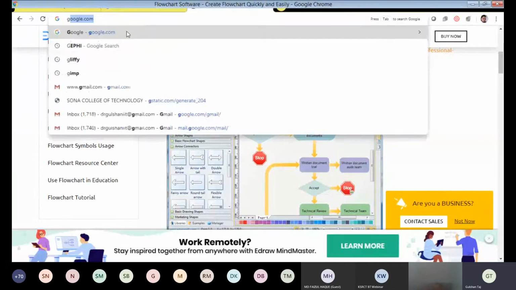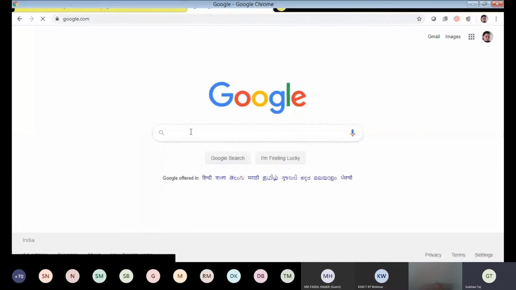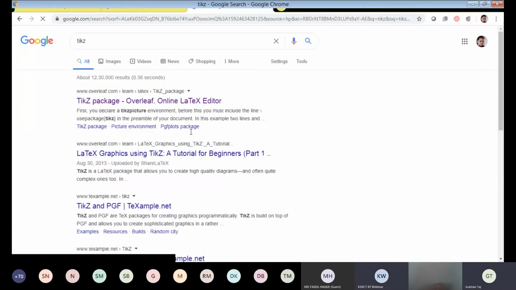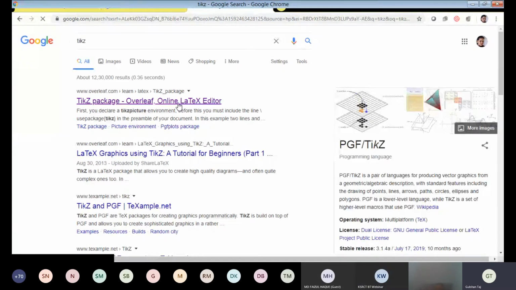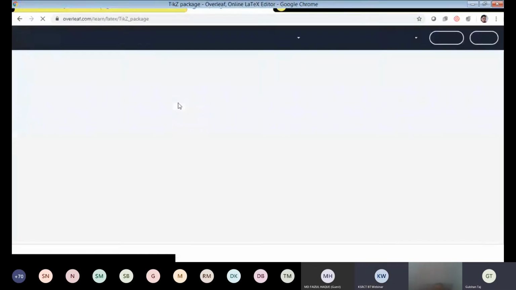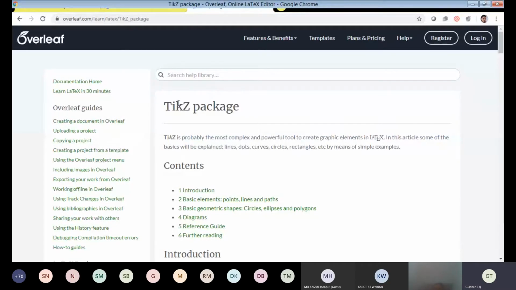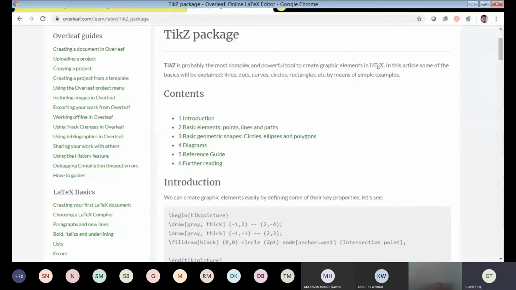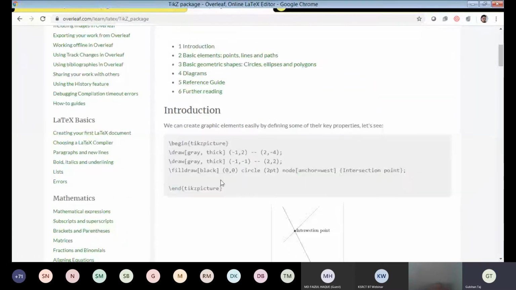Now I am on the website page. Yes, ma'am. So just go to Google and type TikZ. You will get a window like this, where you get the package and the contents.